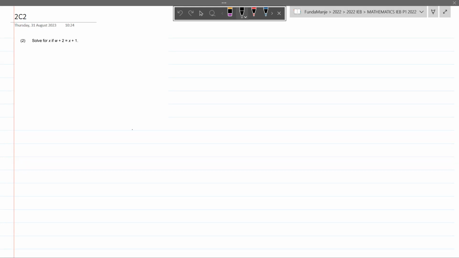And the following question says, solve for x if w plus 2 is equal to x plus 1. So here we need to substitute the value of w from the previous question: root of 7 minus x plus 2 is equal to x plus 1. Then